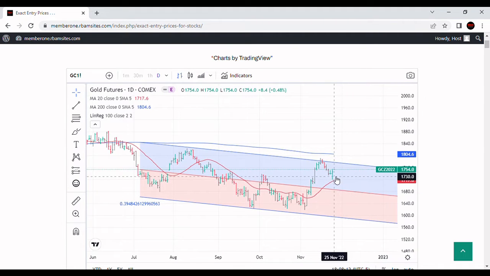Now, interestingly enough, it's just below the 1 standard deviation range here, but it's also bouncing up against the 20 on a daily chart. So it's a good sign that it's catching some support, and I expect gold to rally. Now, on this daily, you can see gold probably is going to run into resistance again at around the 1780 level. Right around in there, I would expect to see some resistance.